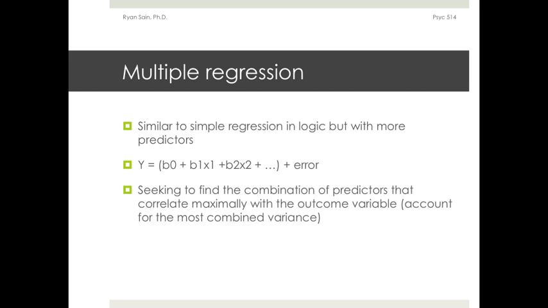What we're trying to do is find the combination of predictors that maximally correlate with the outcome. So the idea is that we're trying to account for all that variance. Remember, we had that r squared, which is your variance accounted for. We're trying to get that whole thing up to 100%, if at all possible. And if we can do that, then